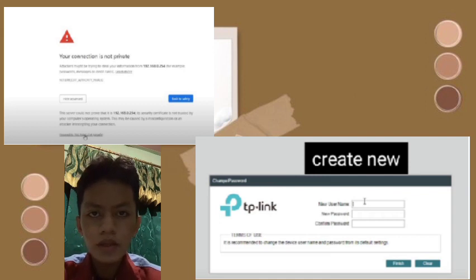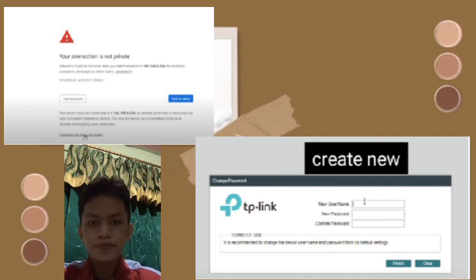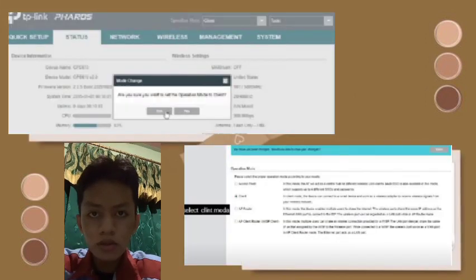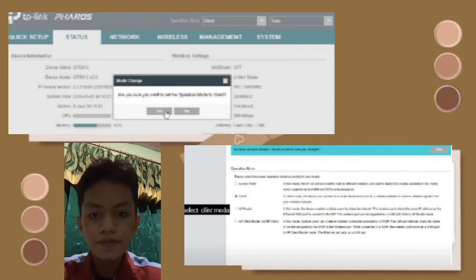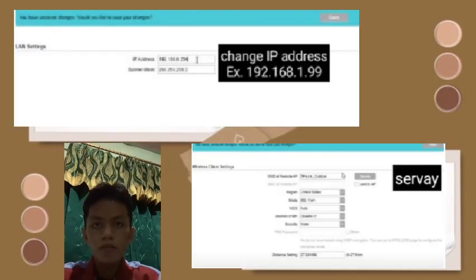Step 17. You will be asked to fill in the username again, up to the language, then the username and now the password. Step 18. Choose operation mode client. Step 19. Continue to quick setup and select client mode. Step 20. For the client, give the IP address